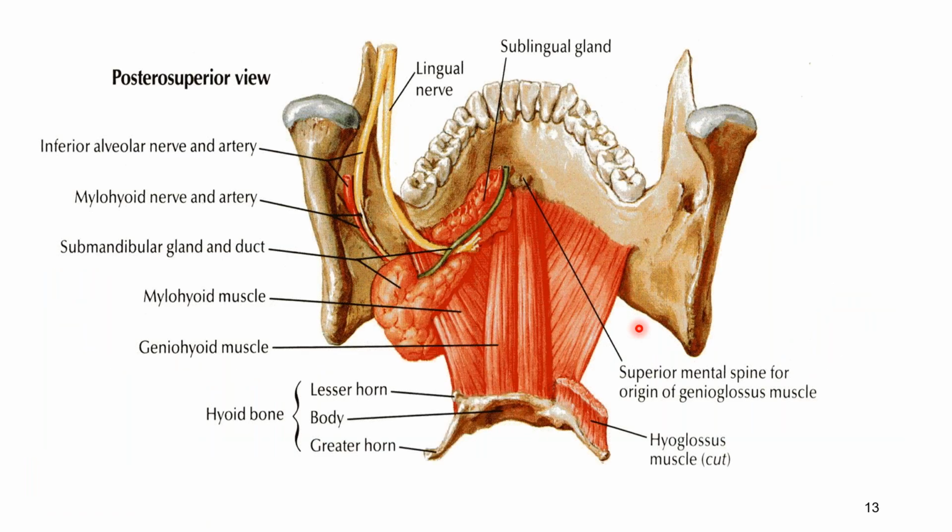Now in this view again, showing the inner surface of the mandible, we can appreciate this is the hyoid bone. This is the cut edge of the hyoglossus muscle. Over here should have been the hyoglossus muscle, and over here also. So we can see this muscle which is exposed right now. This is the mylohyoid muscle over which the superficial aspect of the gland is present, and resting onto the hyoglossus will be the deep part of the submandibular gland. And this is the posterior border of the mylohyoid muscle through which both the parts are continuous with each other.